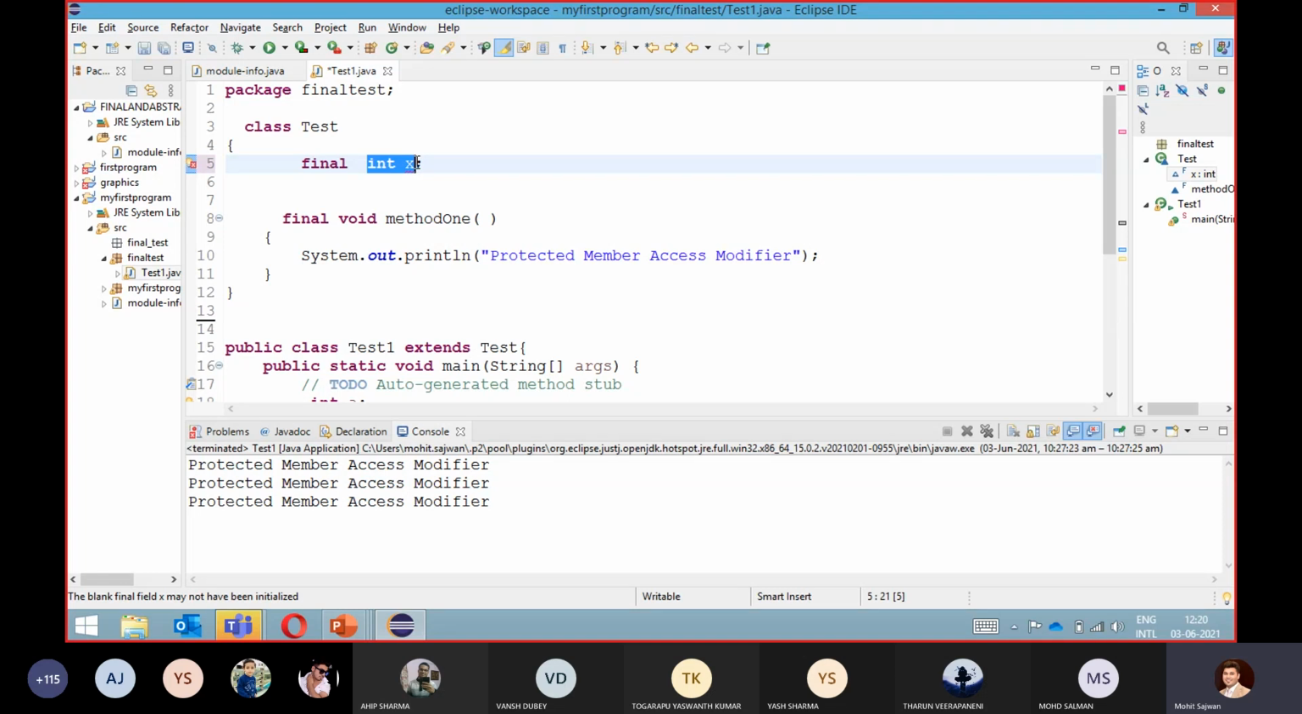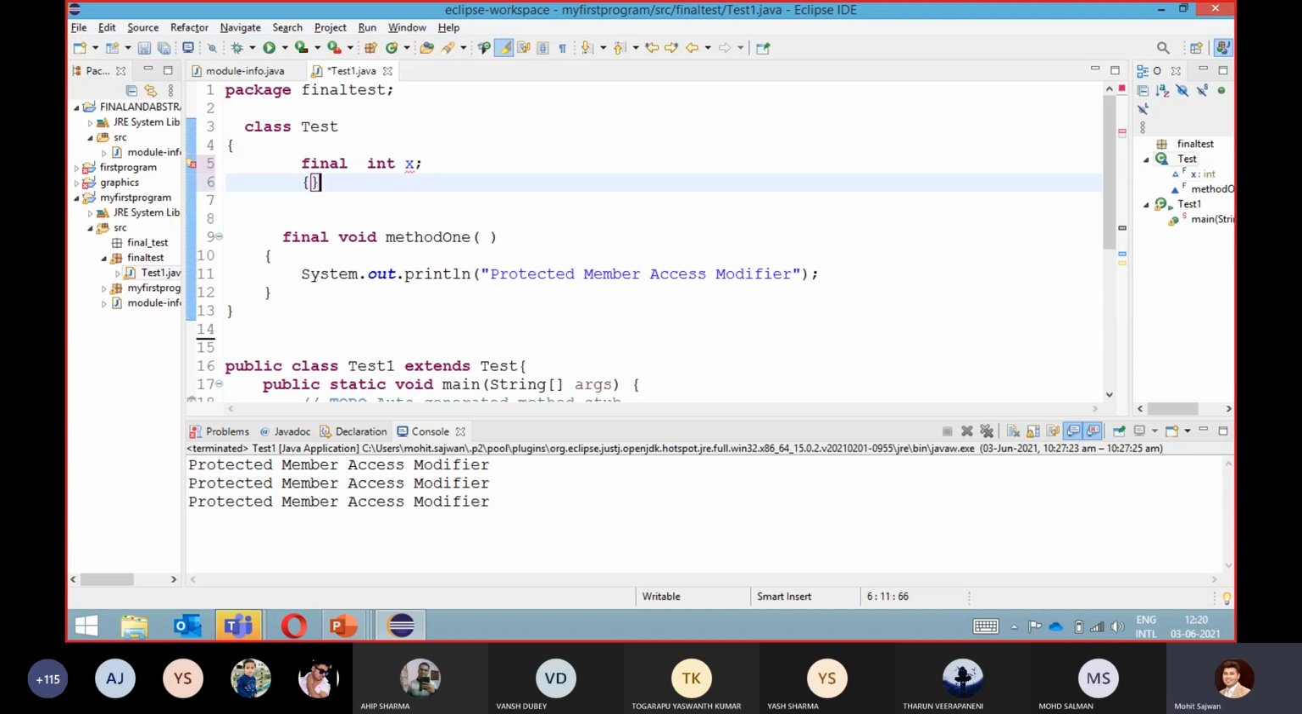So it means that it is mandatory for you to initialize it. That is why if I write 10 over there, you can see I'm not getting any error. But if I do not initialize it, then I am getting an error. And one more thing is that with the help of instance initialization block,